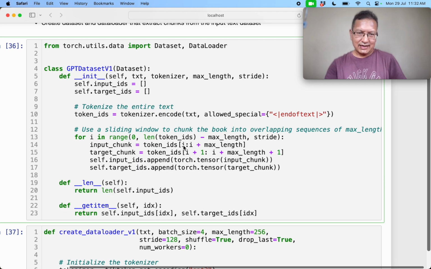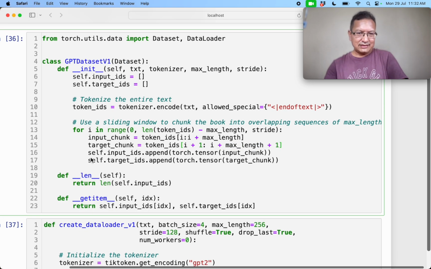It's exactly the same but shifted by 1 to the right, as we saw up there. And then self.input_ids: basically, we're turning those input chunks, which are lists,